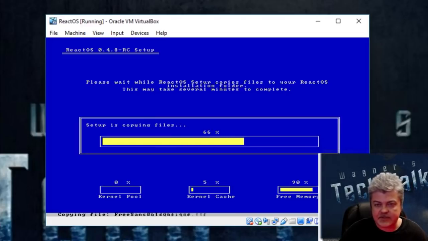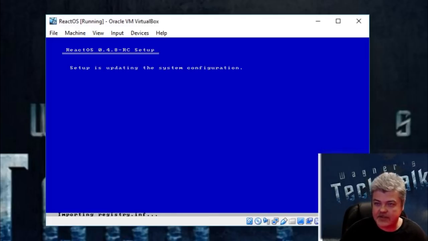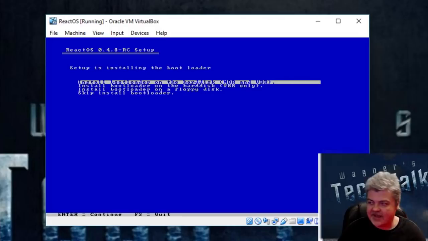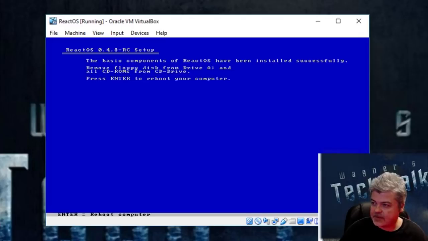So we're going to let this finish. It's going to take just a few seconds. By the time I'm done talking, it'll be done. Oh, look at that. It's about done. Now, hit Enter one more time to install the bootloader. All right. Now everything's been installed. It says remove all floppy disks. So remember, we have that CD or DVD ISO image mounted. So let's go back